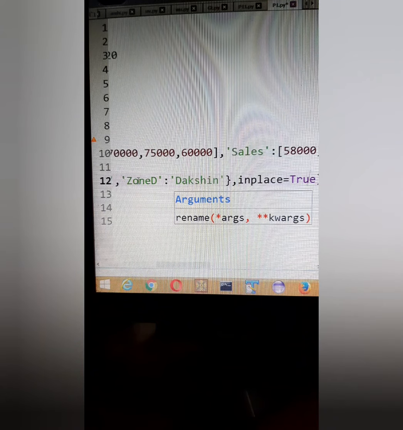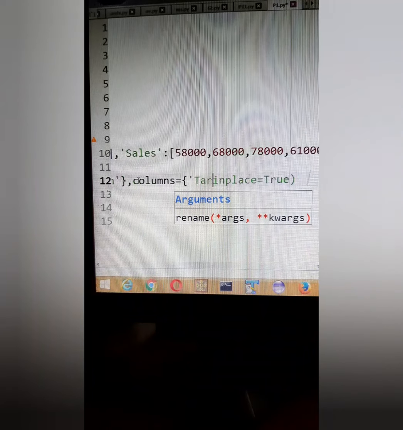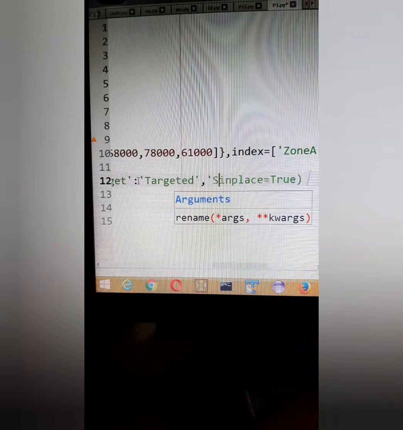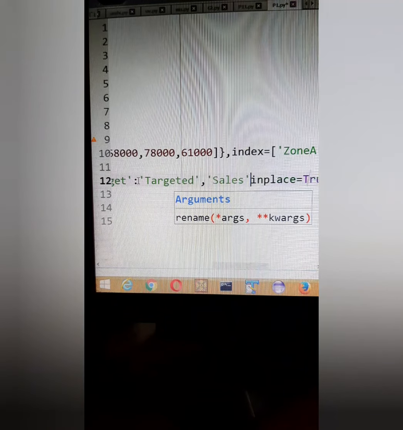Here they have also asked that the column names should also be changed. Let's try here. Columns is equal to, in the curly brace I can write target colon targeted, comma, sales colon achieved, according to the question.